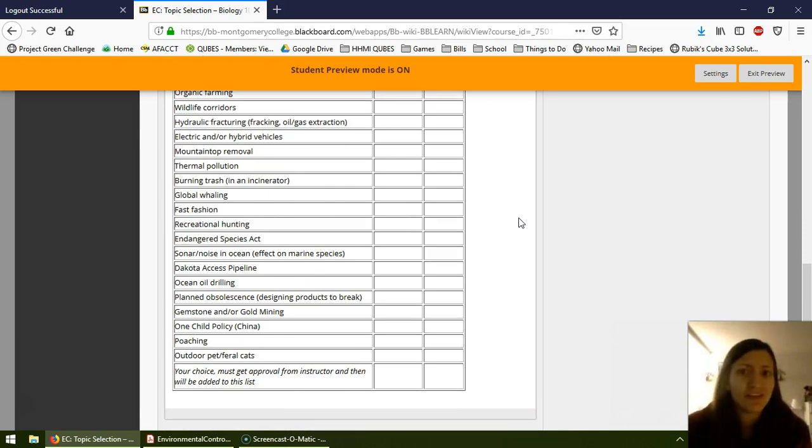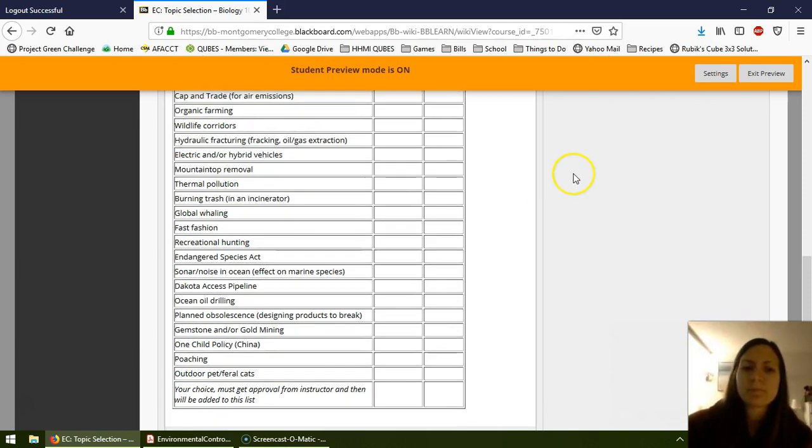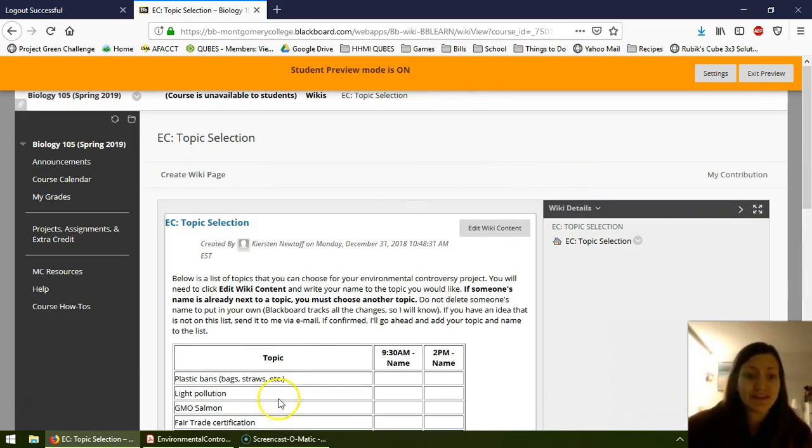I would recommend choosing something that you're like, what is fast fashion? That sounds interesting. I like clothes. So choose something that interests you, but maybe something that you haven't heard of before or didn't even realize there was two parts of that issue. Maybe you thought, oh, I always thought this was good. What could be bad about it? It's completely up to you. I'm not going to be asking, hey, did you choose something you didn't know about? It doesn't matter. So that's the first thing, is choosing a topic.